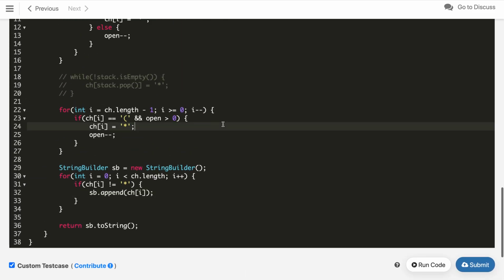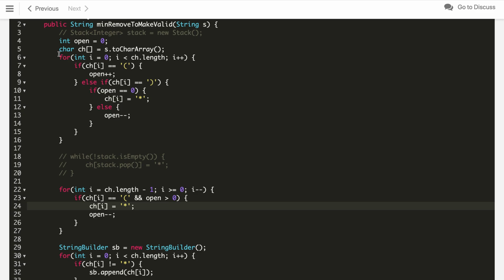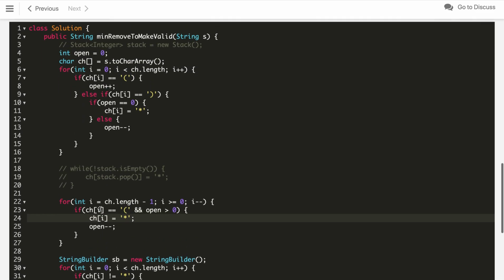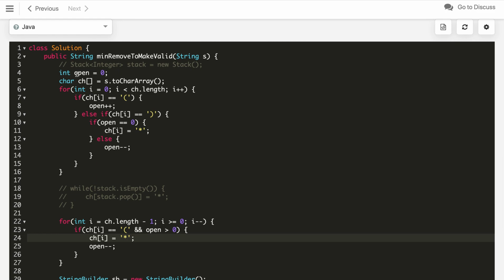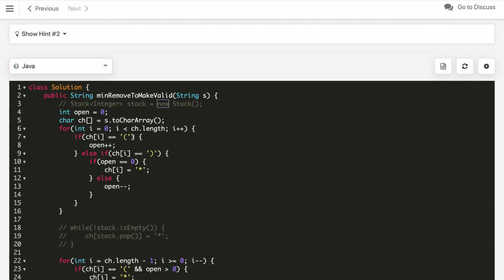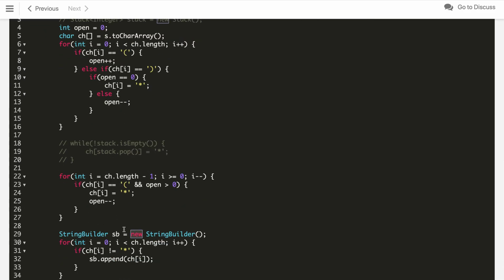and it got accepted. Now the time complexity is the same, as we are processing the string of n characters 3 times, which is O of n. And for space complexity, if we don't consider the resultant string as space then it is constant, but building the string with a string builder takes O of n space. So it depends on how the interviewer asks, and you can discuss it with them.